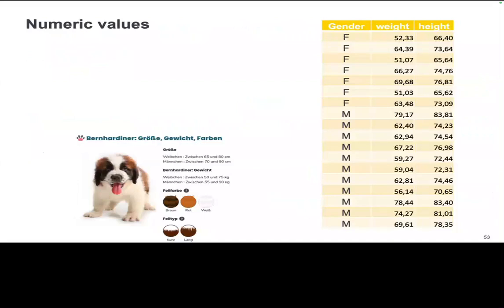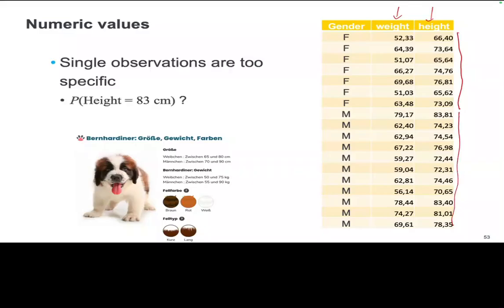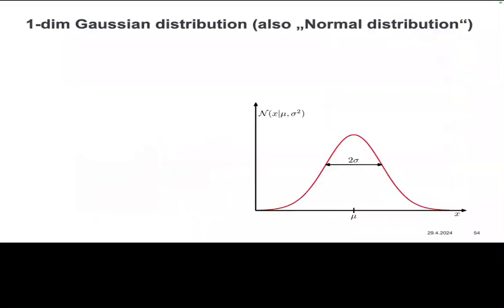Okay, now let's get back to our running example of numeric values. We have here some dogs that are female with certain heights and weights, and we have male dogs with certain heights and weights. And now we have very specific observations. Of course, observations do not come in intervals, they come in actual points. Whether these points are correct or whether I go a little bit wrong is not considered in this kind of